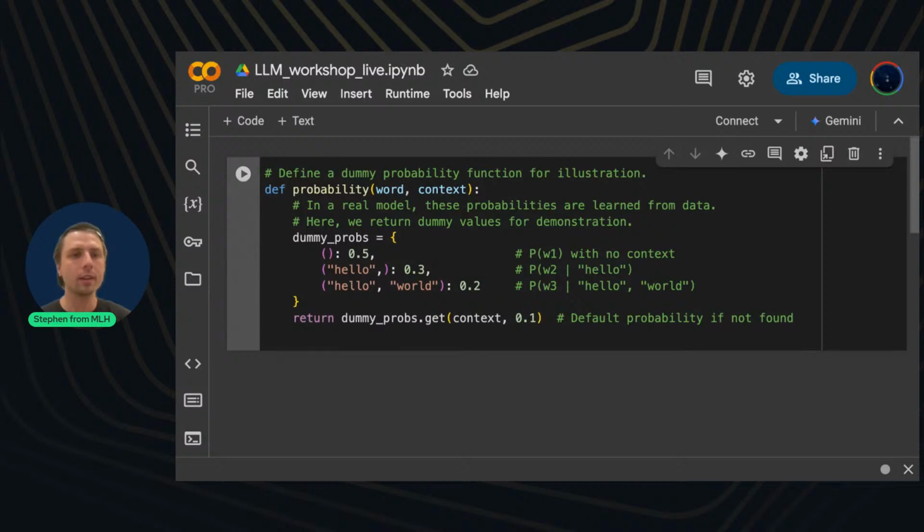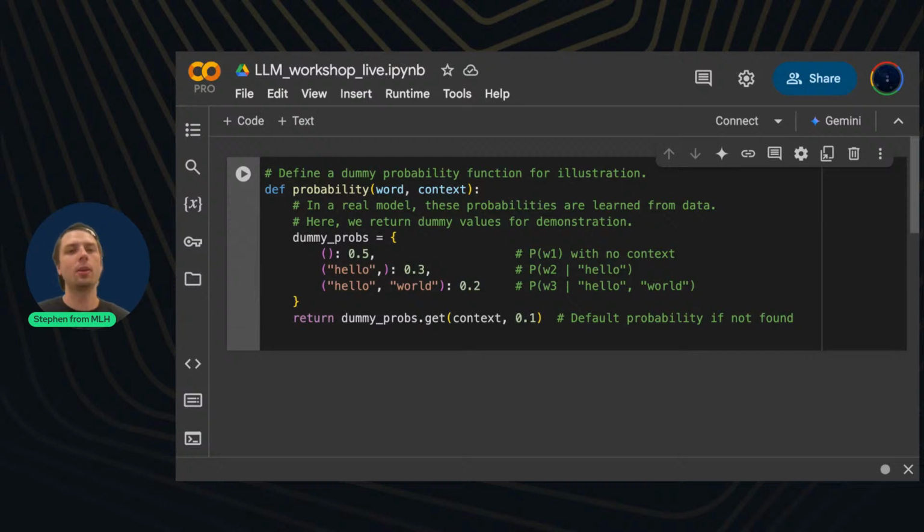And then finally, if you say hello world, the probability of saying again is just 0.2. So if we say hello, we might not say hello world. That's only 1/3 of the time, or almost 1/3. And then hello world again is even rarer. So of all the people who said hello world, just 1 in 5 said hello world again.